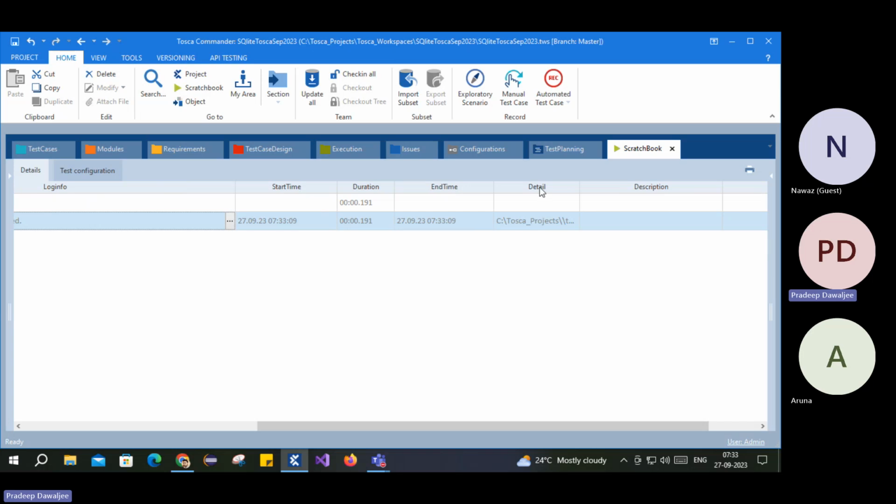In the details, you can see where that screenshot is: in the C projects, Tosca Commander, screenshot folder, and then this .jpg. So you can go to this, copy this location,